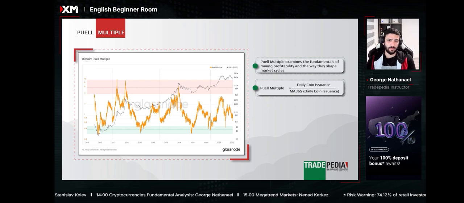Now, during bullish markets, the incentive for mining increases, and with it, the incentive for miners to sell some of their coins. In these instances, the Puell multiple will be trending higher